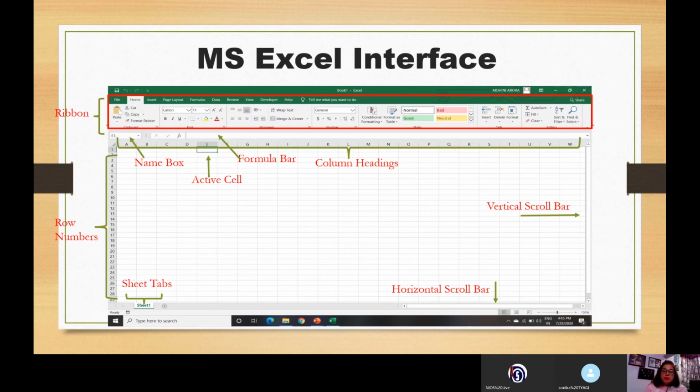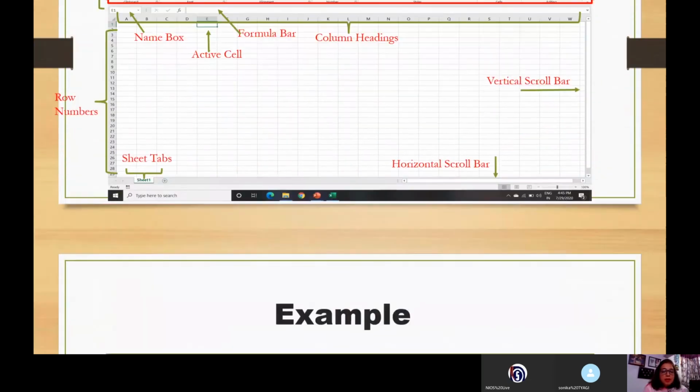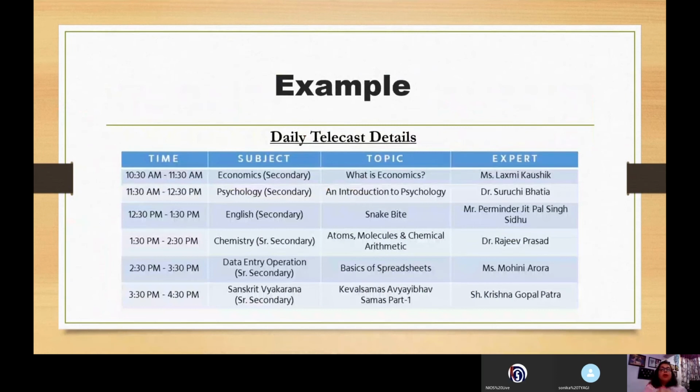Right? So now let's move on to an Excel interface. What data will we be presenting today in that particular interface? So I've chosen this data. All of you are familiar with this data, right? All of you are learners of iOS. So this is the schedule that you get on a daily basis. This particular data can be very easily made in MS Excel. Today we'll try to make this data in MS Excel.